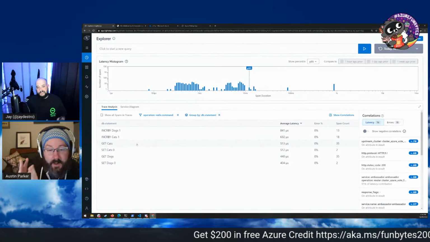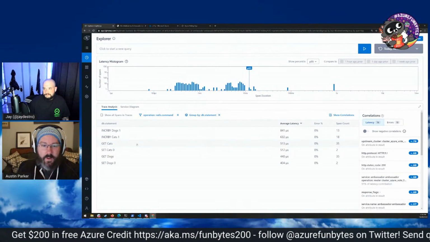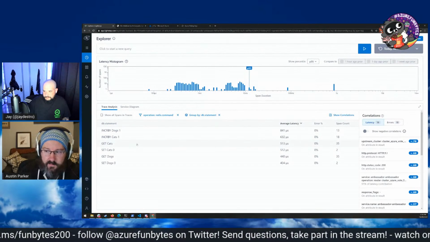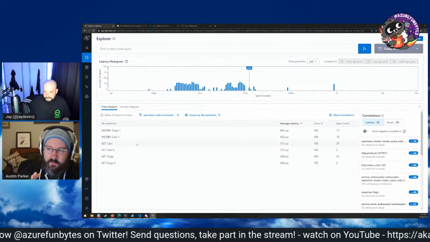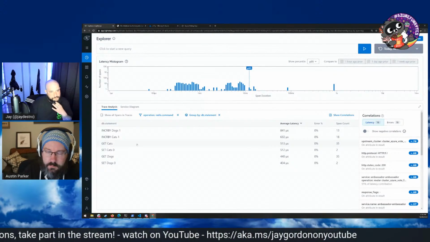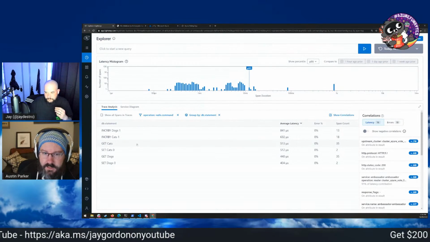But anyway, with all this free open source stuff, we're actually able to ask really interesting questions. Yeah, it's a simple application, but this works on any Redis statement, right? There's also plugins for your normal SQL servers. So if you ask, hey, what SQL query is taking the longest?